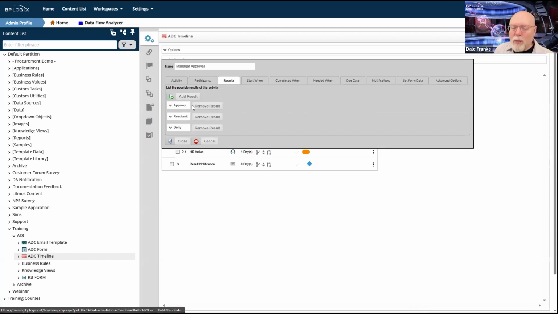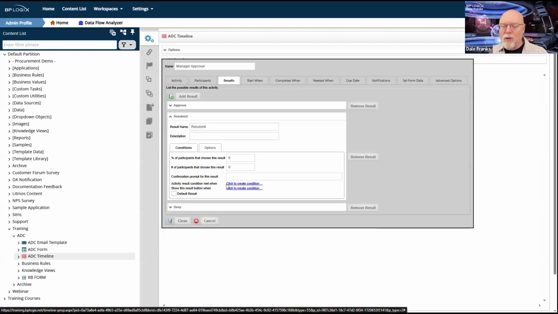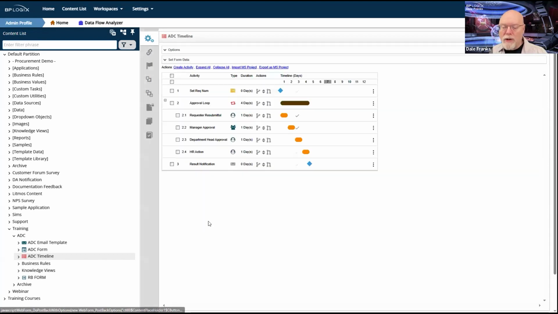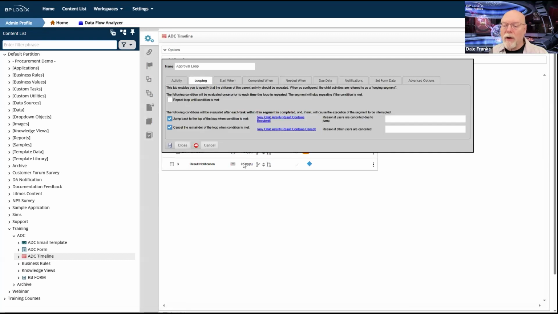Now, in general, these are the three activities that we'll want for most of our activities. If I approve the activity, it's going to go to the next activity. If I resubmit and I select resubmit as the result, it should restart my loop. And of course, if we go back and look at my approval loop and we go to the looping tab,